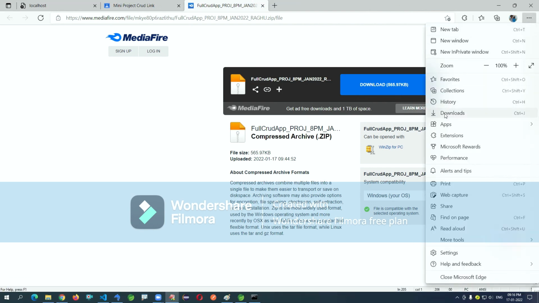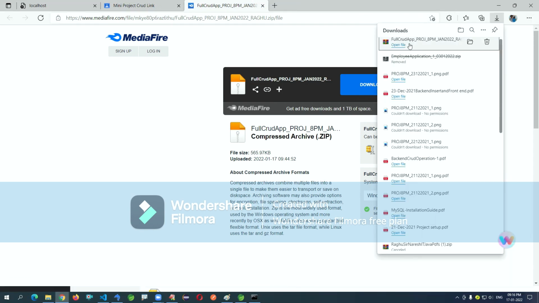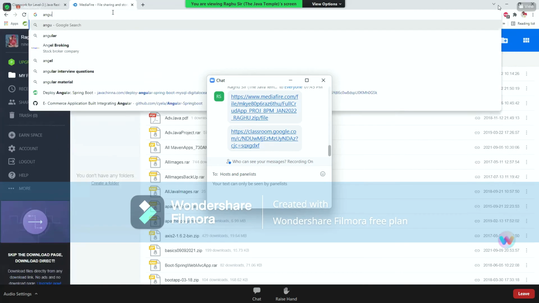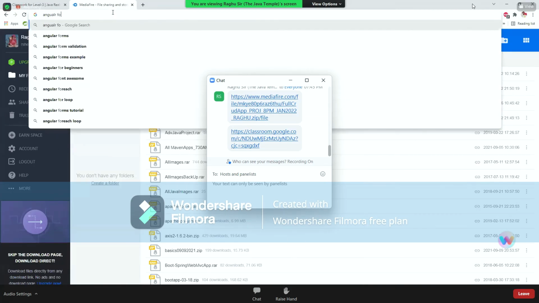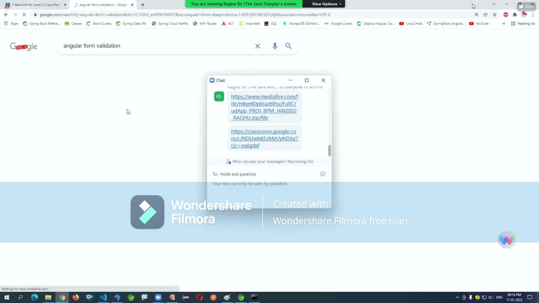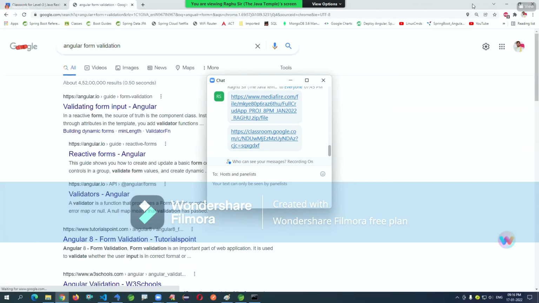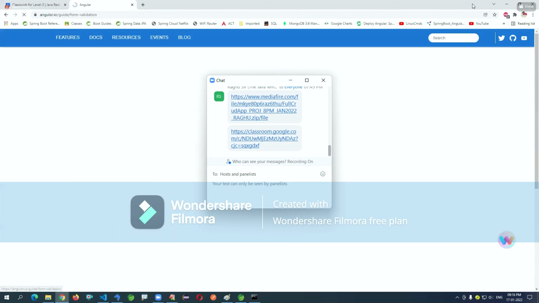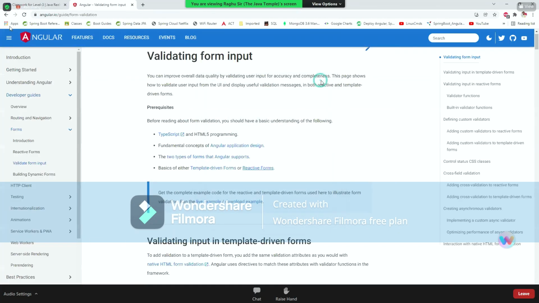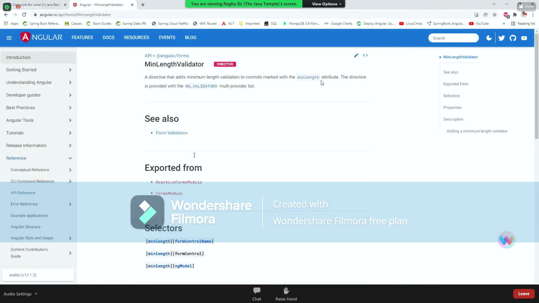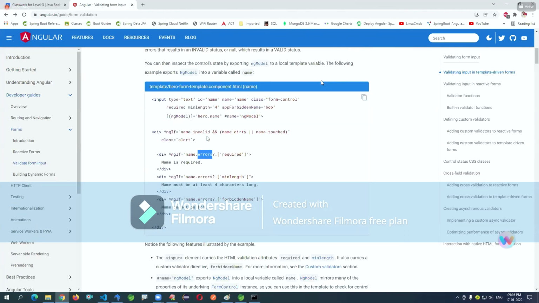Okay. Next thing, I'm just giving some reference links here. Look at this document. It's about validating forms. If there are errors, like required error, min length error, validation errors will be there. There is an implicit object called errors: invalid, dirty, or touched.